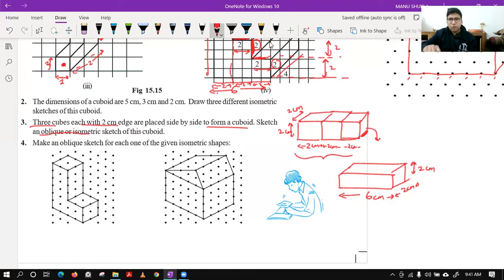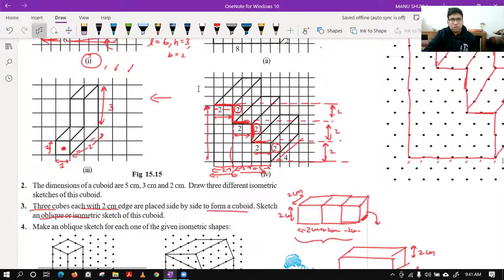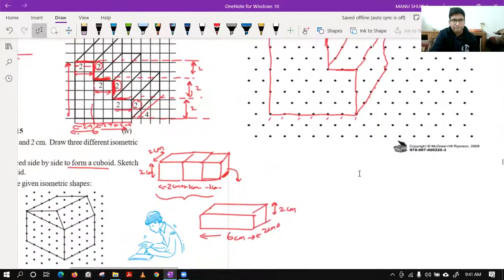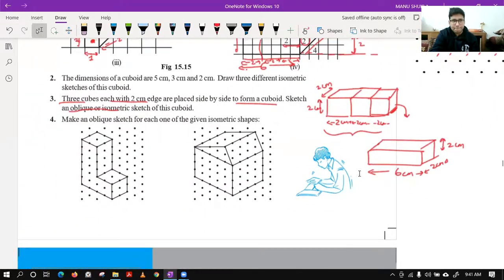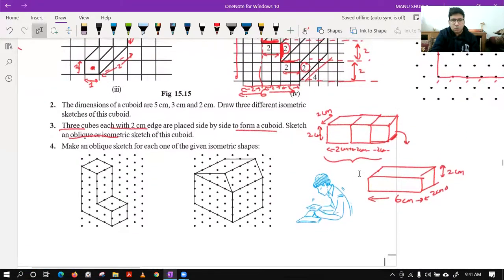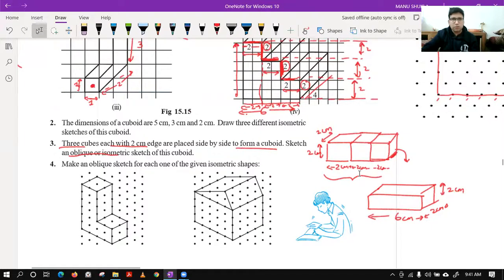For the oblique sketch, we require a grid sheet like this one in the copy, but right now I'm not having it here. Let me see if we can do something. You can try like this only. Let me see if there is any option of grid sheet. Meeting controls, view.